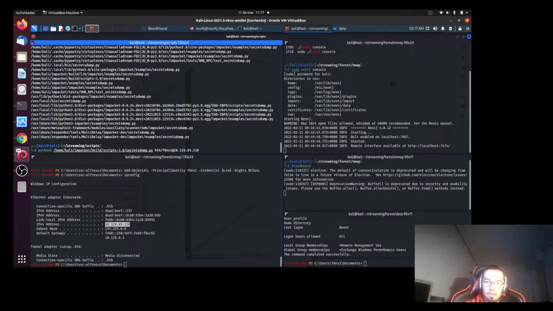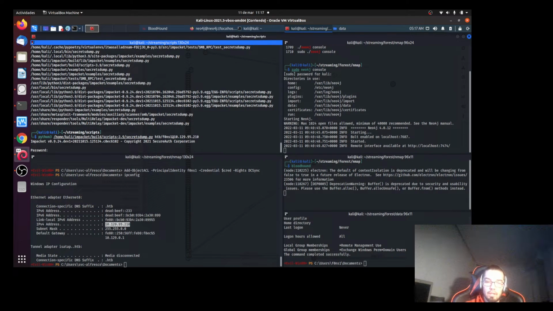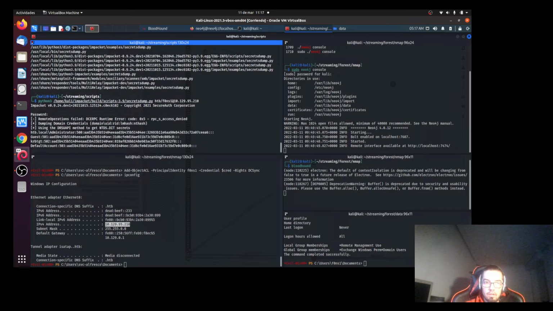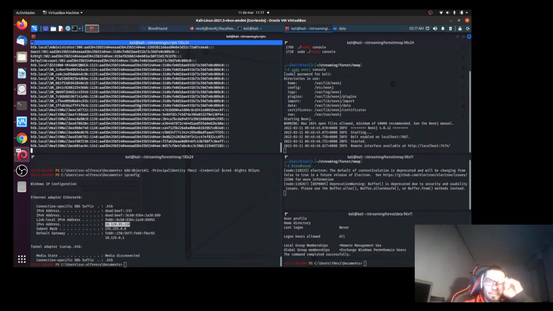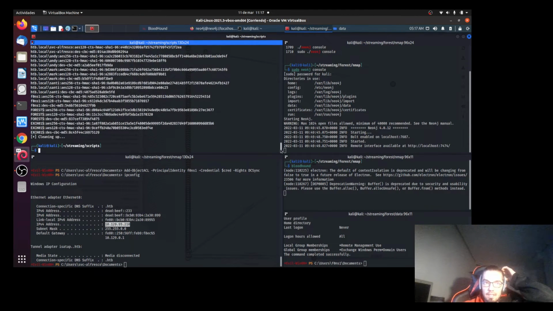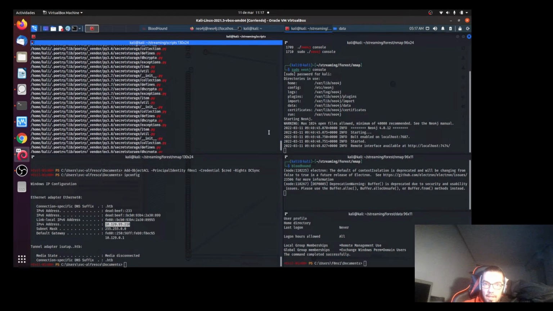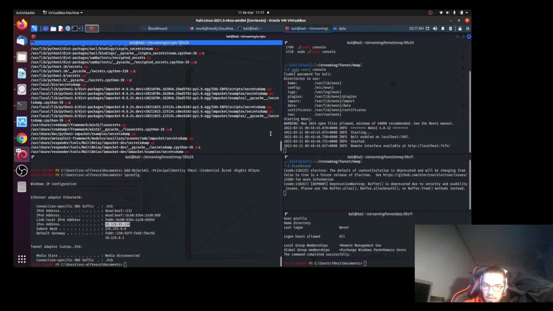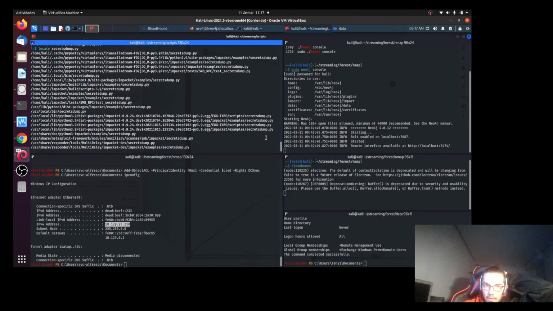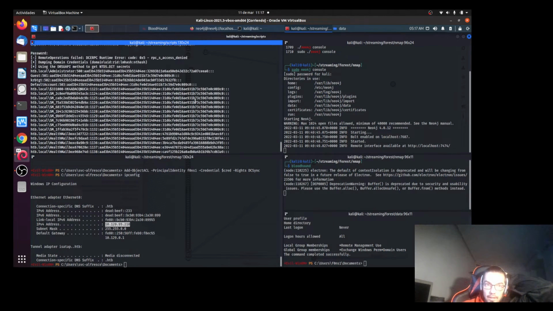This one. So we only need to dump it. The credential is Fonzie.123 exclamation. So voila, these are the stored credentials of the LSASS process